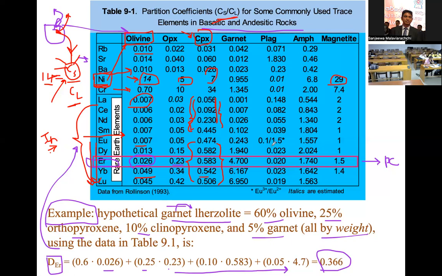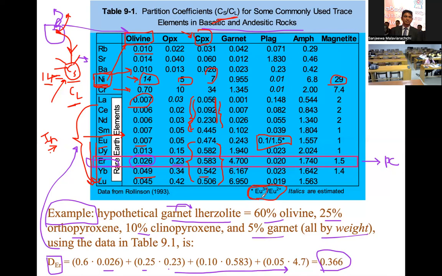And one significant change you can see here in plagioclase is with respect to europium, Eu. You have the element europium here, with values of 0.1 and also 1.5. Actually, this large range is there for europium because europium is available in multivalent forms, 2+ and 3+. So europium 3+